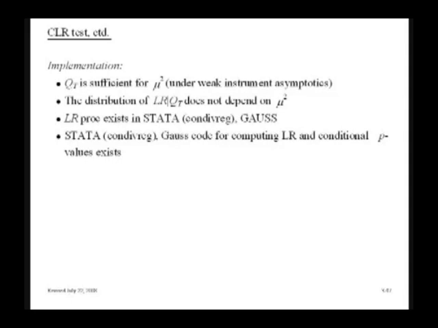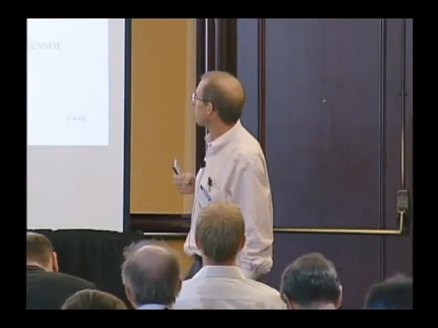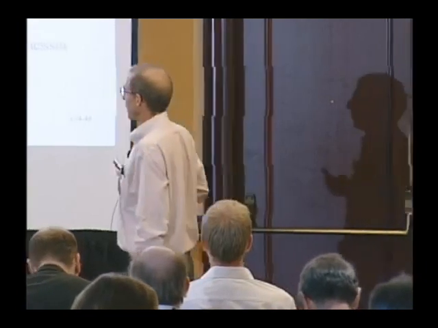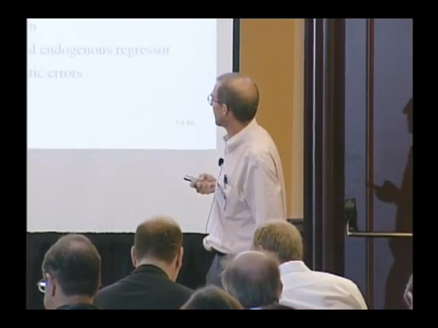Okay. So it turns out that this is actually, I think, the recommended procedure. When I said I think the problem has been essentially solved in the case where there's a single included endogenous regressor, what I mean to say precisely is that the problem of hypothesis testing of beta equals beta naught and the problem of construction of confidence intervals has been essentially solved, to first order asymptotics at least, in the problem of a single included endogenous regressor, and the solution to that is actually using the conditional likelihood ratio statistic,